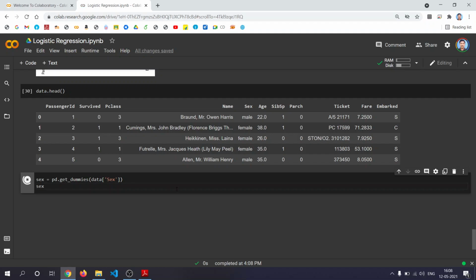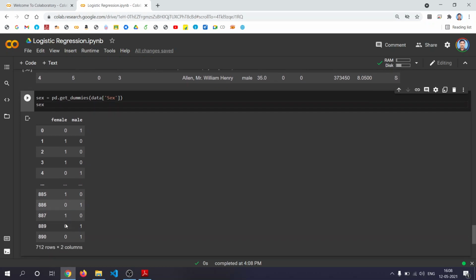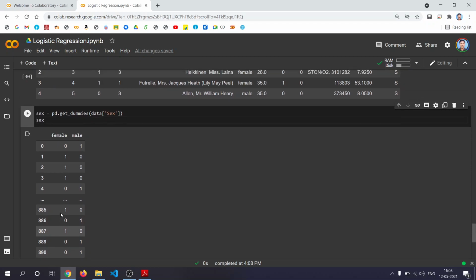This will have values like this now. So 0th column, you have 891 rows. The columns are female, male. Here female is represented as 0, male as 1. Here female is represented as 1, male as 0. So the first row is about male, second row is female, this is female, and so on.